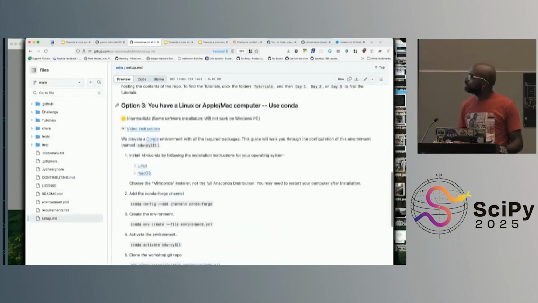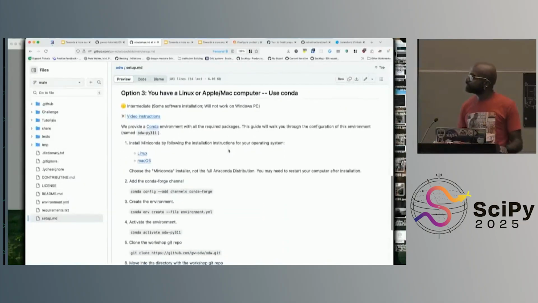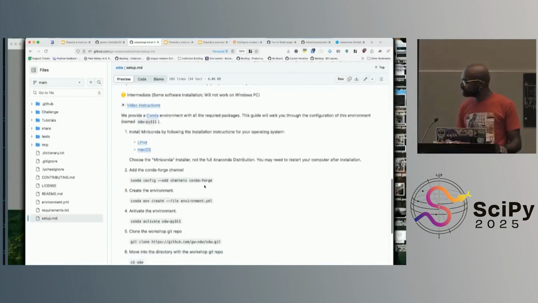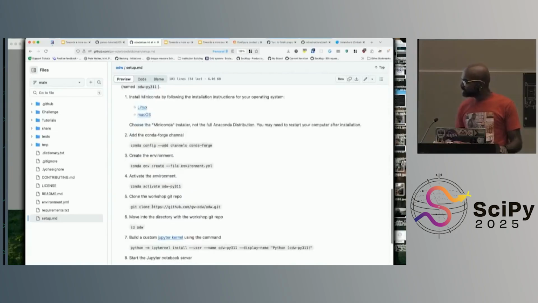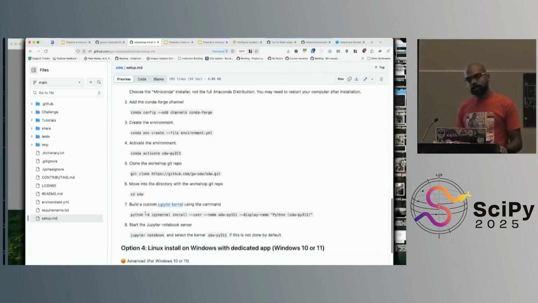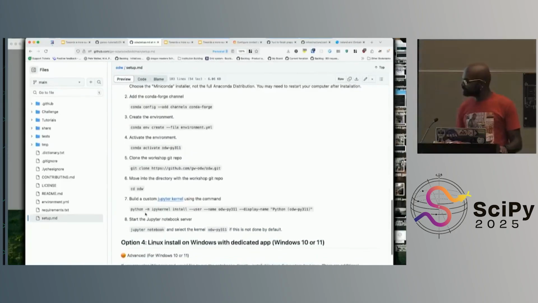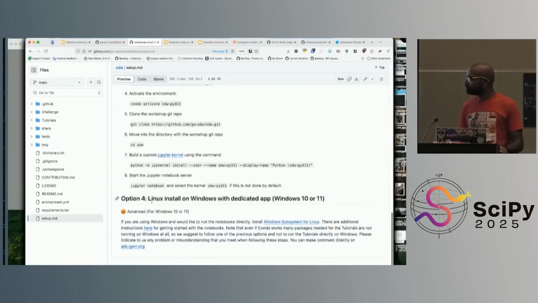So one way is you have a Linux or Mac computer, know how to use Conda, know how to use Git, and know how to run things in the command line, and then you can do all of that yourself. Or you have Windows, and then you're kind of screwed, right? It's basically like, install Linux and then go from there.